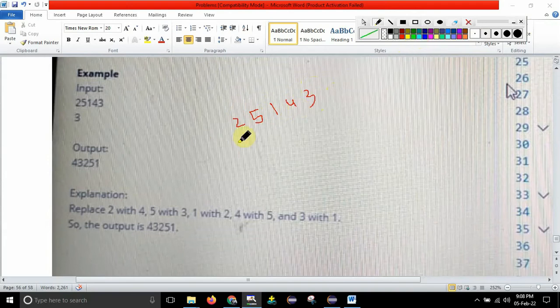So now what I need to do is, so this number is, guys, first number. Let me just write like this. So this is the first number, this is the second one, third and fourth and fifth number. So what they are saying is I should get this output. How am I getting it? Basically, what is the key value? Key value is 3. So for this element, what I need to write is take k number of steps ahead and write that element instead of this element. In the sense, k is 3.